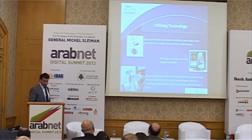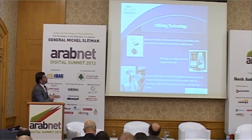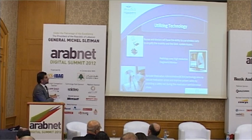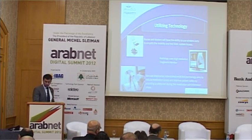We are also utilizing technology around Vista, for example, the wireless cards. Nurses and doctors will have the ability to use the wireless cards to simplify mobility and Vista system access. Radiology uses high-resolution diagnostic monitors, and the barcode medication administration, BCMA technology, which is a great technology that aims